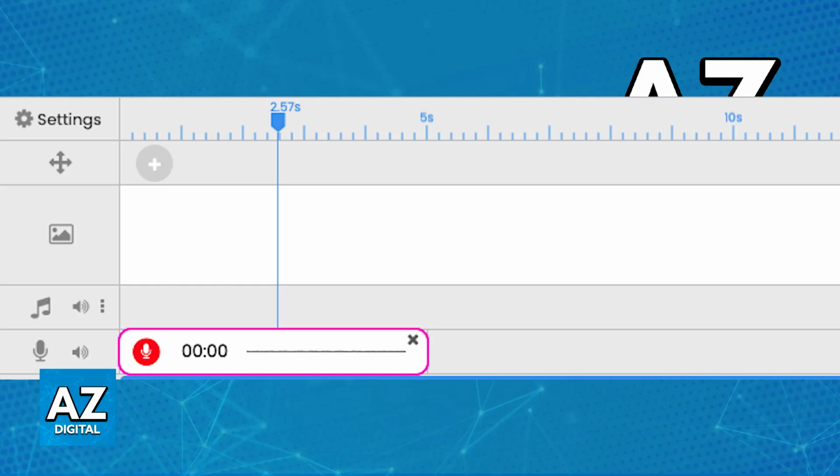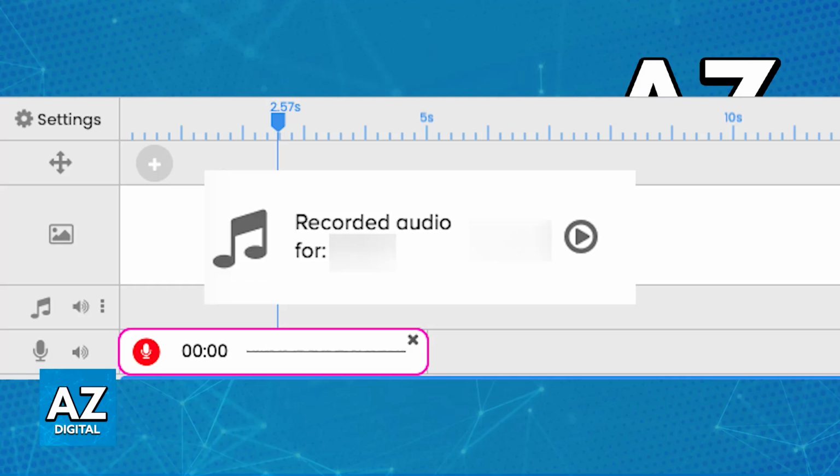You can click the red square icon to stop the recording, and once you save this project, the recorded audio is going to become available for use within the sounds library, and it can be applied to any other Doodly video that you create. You can delete it by clicking the X icon on the timeline, and if you ever